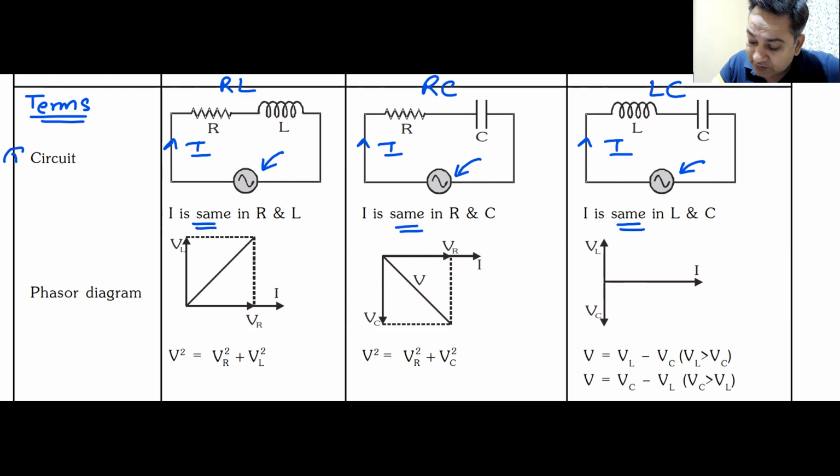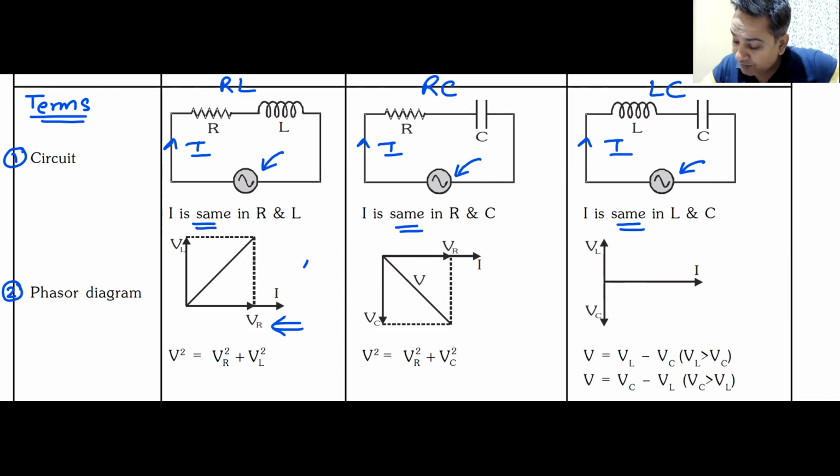We had already discussed point number 1. I hope you all remember this. We have already discussed all these points. What we are going to do here is just write all these points together. Point number 2 is the phasor diagram. Phasor diagram for the LR circuit, as you can see,